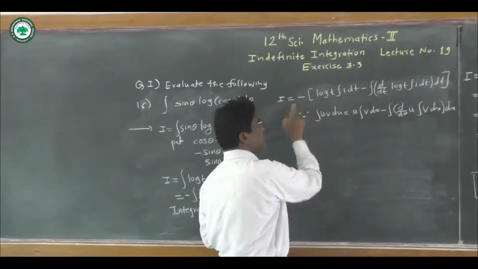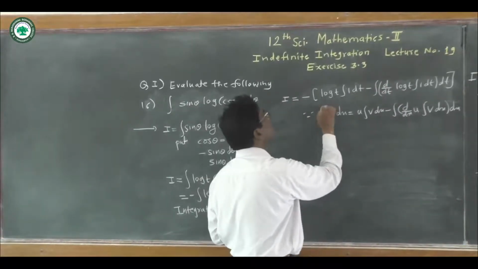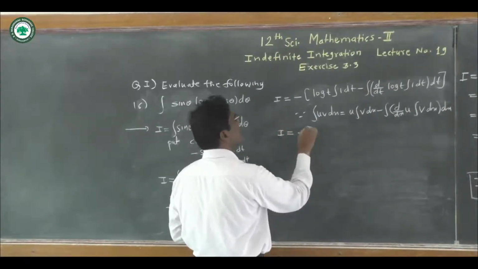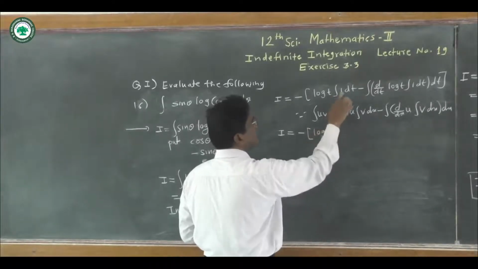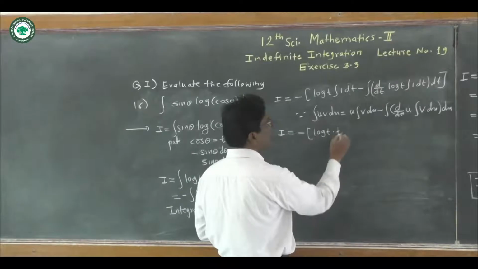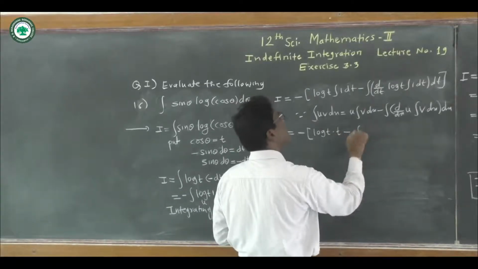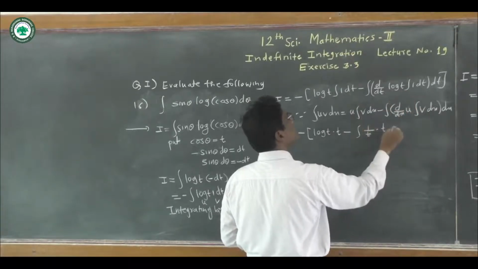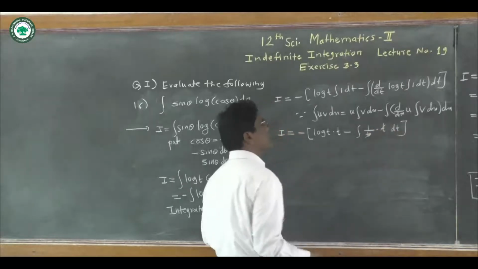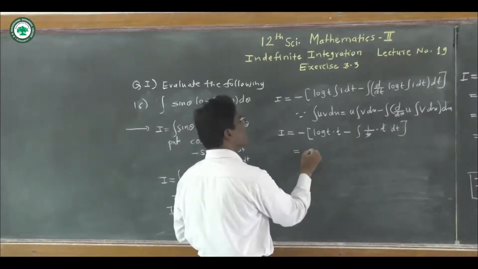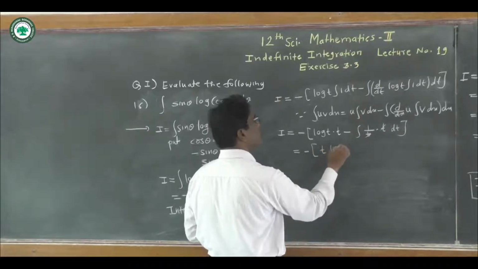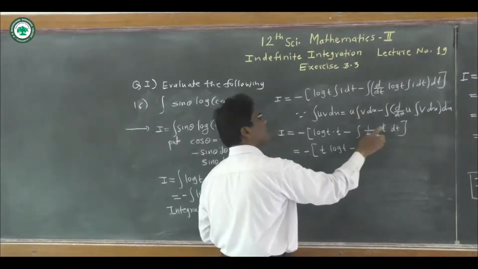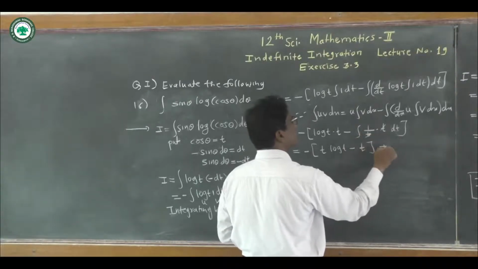Here we take the square bracket because of the minus sign, and we use the rule for integration of uv dx. So I is equal to minus [log of t integration of 1 dt is t, minus integration of d by dt of log of t, that is 1 upon t, times integration of 1 dt is t]. This t and t get cancelled, so we get minus in the bracket t into log of t minus integration of 1 dt, which is t, and then write plus constant of integration.